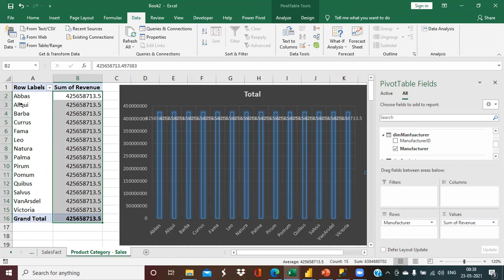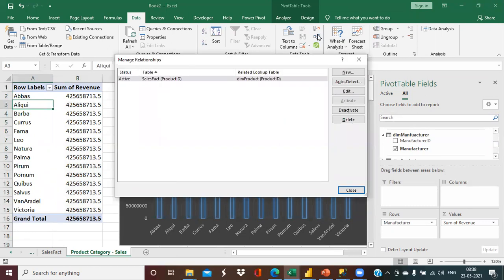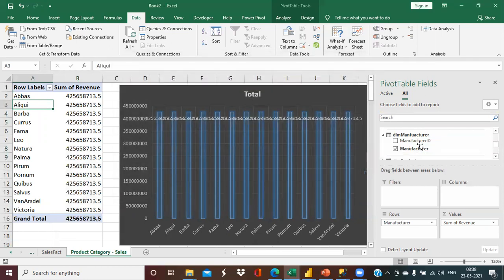How to handle that? What you need to do is click anywhere in your pivot table, click on the relationship tab once again, and click on new relationship. If we see the structure of your manufacturer table, there is a column named manufacturer id, and the product table also has a column named manufacturer id, and the product table is already connected with my sales fact table.